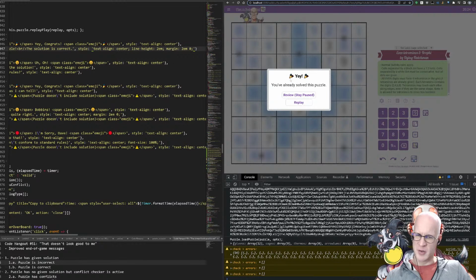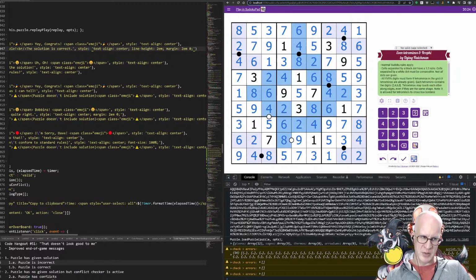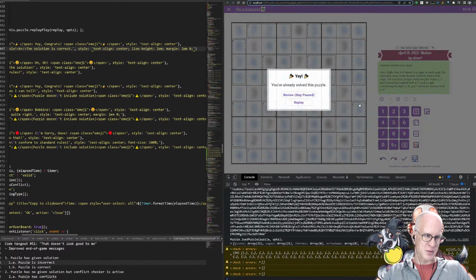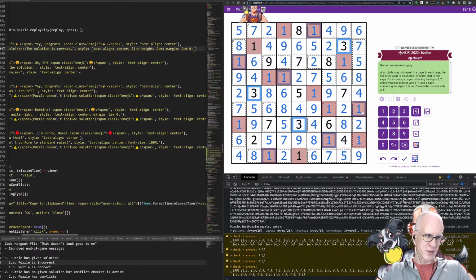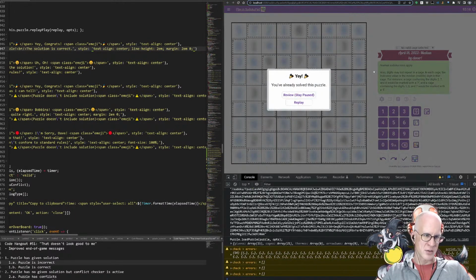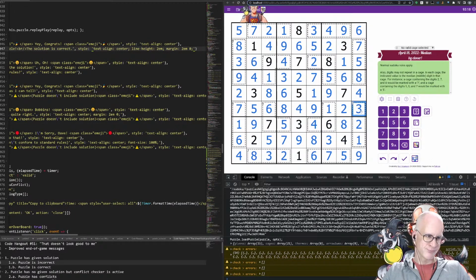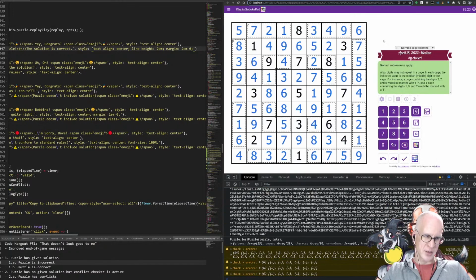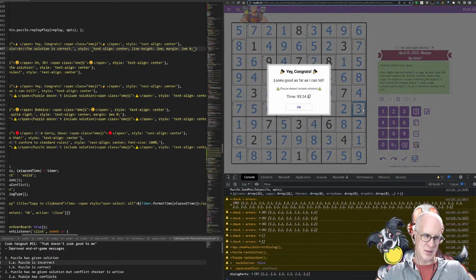Yeah, I think that's fine because it says you've already solved this puzzle, and it doesn't really pay any attention to our mortal concerns. So if I make this invalid, wait for it to actually save, and then refresh it, yeah, it just doesn't come up.